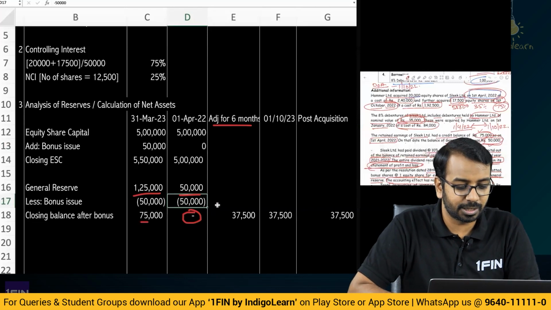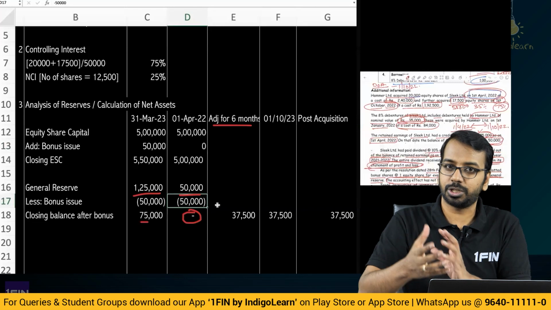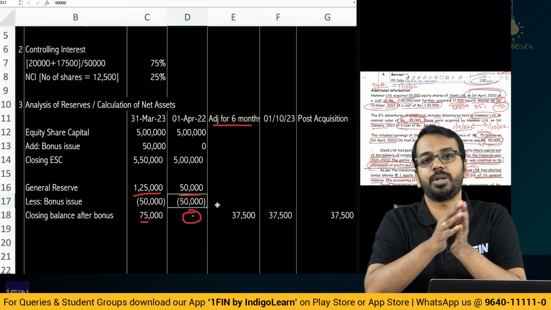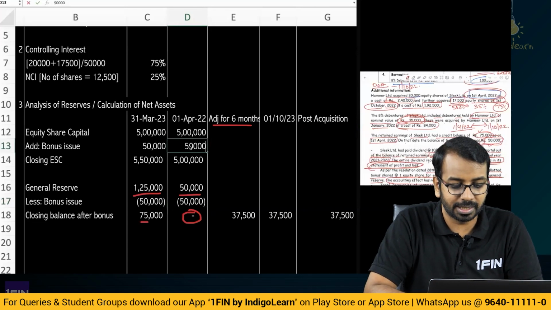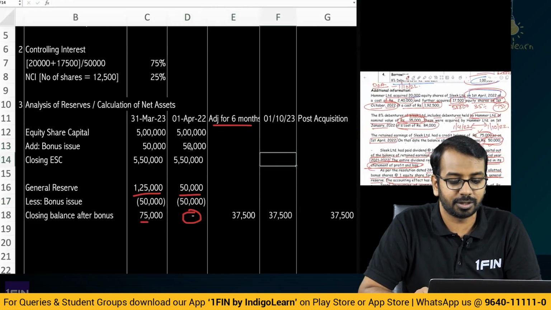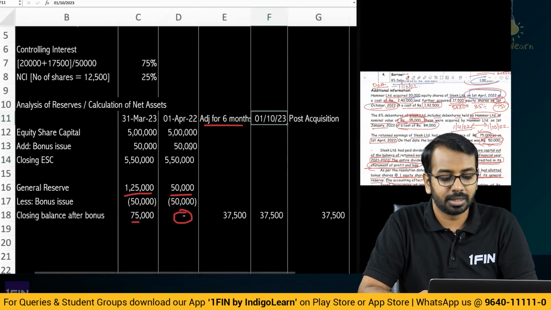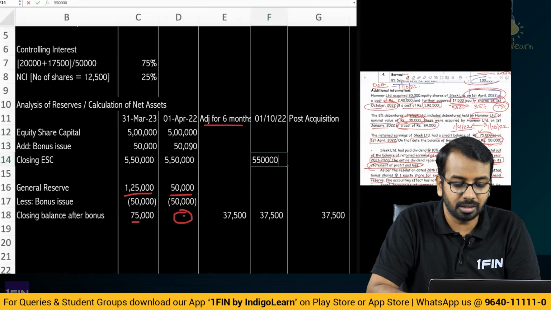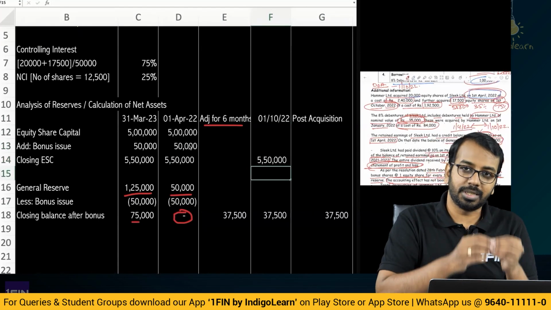See, we have removed 50,000 from pre-acquisition profit. We have capitalized that. So notionally, we have moved it from pre-acquisition reserves to pre-acquisition share capital. So here also we will increase it by 50,000. So we have 5,50,000 on the date of acquisition or on the date of obtaining control, that is 1st of October of 22, we have 5,50,000 as the share capital balance, because we have moved it from general reserve to